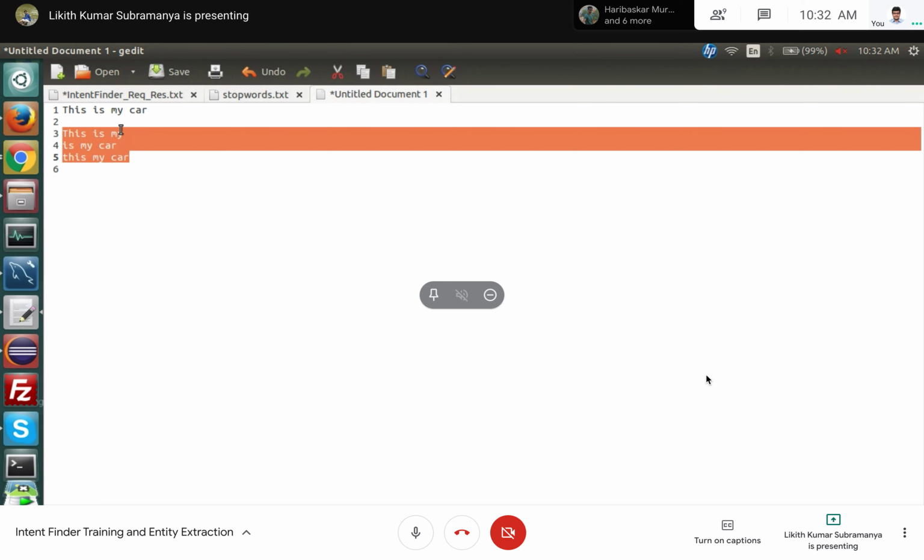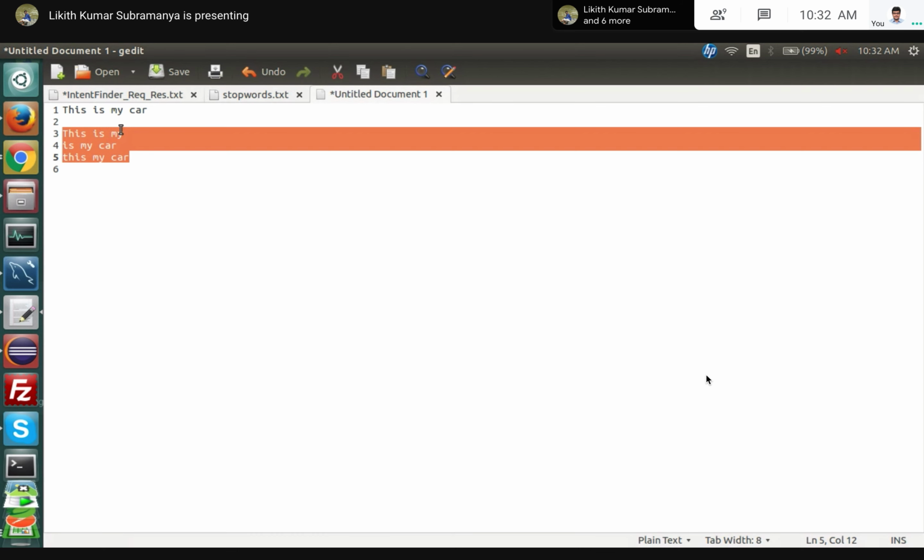So for which data, how many stop words and how large an n-gram range we need, we have to check. It's a multiple trial; it's not a single shot. We need to figure out the particular value, the best range, and the best number of utterances for a particular request. By default we have taken n-gram as 3, so that's the best one.